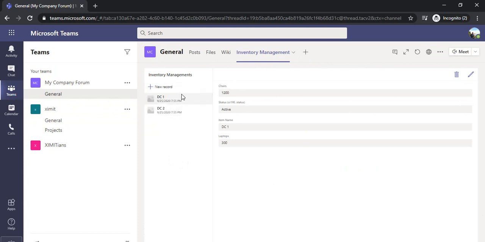So now you can see we have these records over there, and if I click on another record, it keeps on changing the data based on the selection, and from here itself you can add a new record, and if you select it, you can click on the pencil icon, it will make that editable. So this is how you can quickly manage your data within Teams itself rather than moving to Excel or SharePoint list. So for better collaboration, it's a good tool.